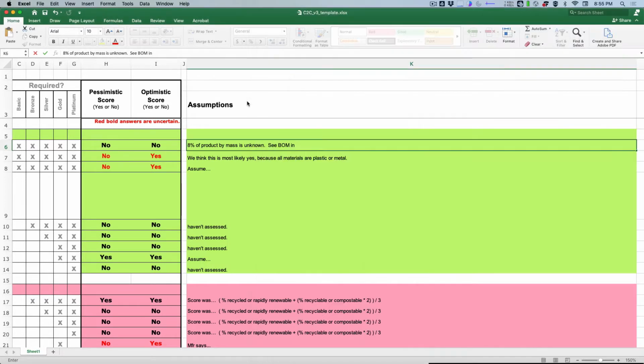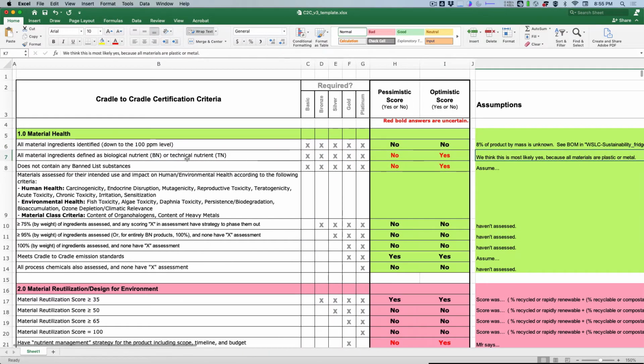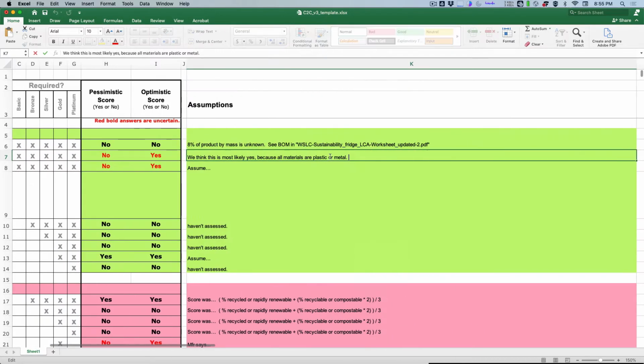All right, we can copy and paste that and just say, see the bill of materials in this file. Okay. So then the next point, all material ingredients defined as biological nutrient or technical nutrient. Well, we don't even know what all the materials are, so we definitely can't get this point in the worst case scenario. But if we think, yeah, probably everything is a technical nutrient, so we think